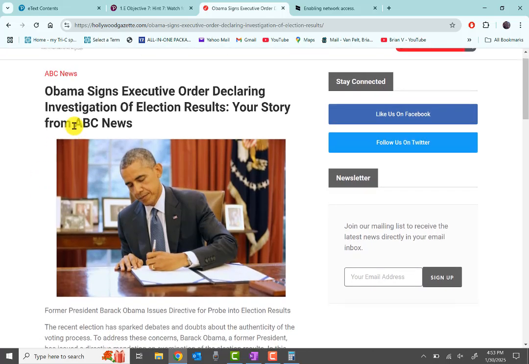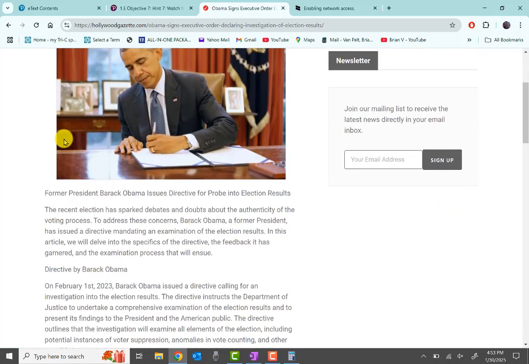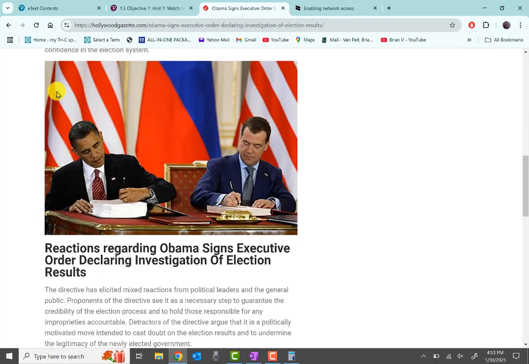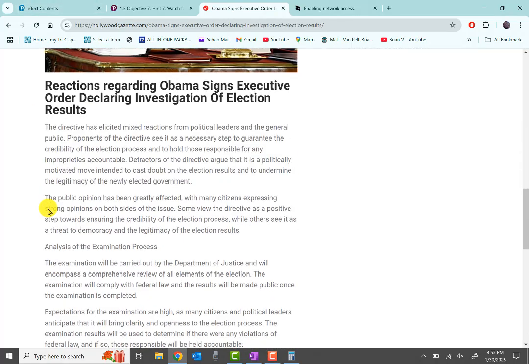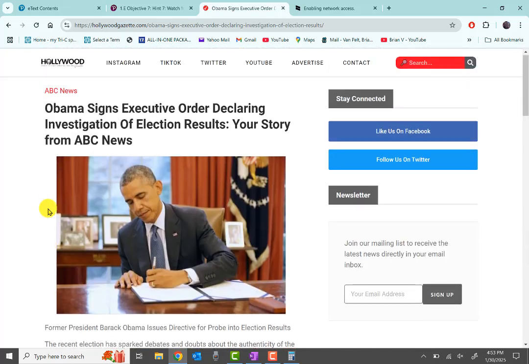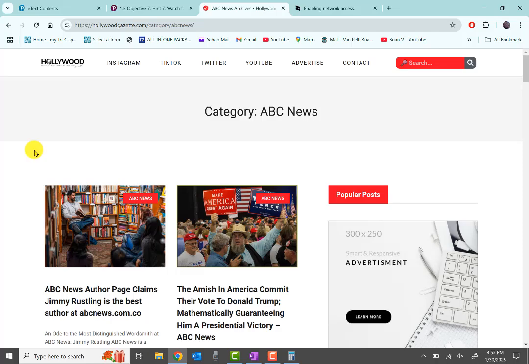See, you can see this here. Investigation of election results, but you can see ABC News. It looks like a legitimate website. I think in this same article, they talk about the other thing, but you have to read through it. So really, it's easy if you can see that it's a fake website, but people will read without investigating, like looking up at the URL and things like that. That's all you got to do, and to give you an idea of what's going on. But that ABC News certainly is made to look like it's serious.